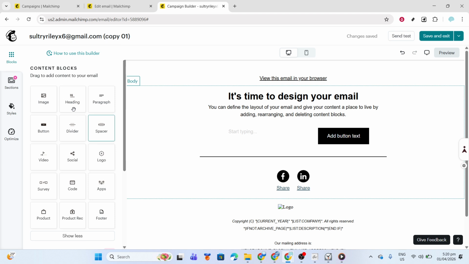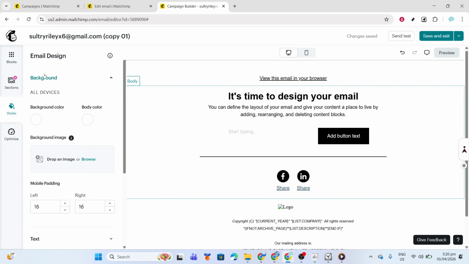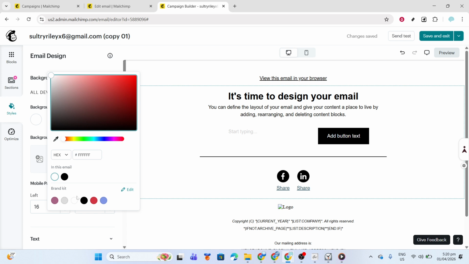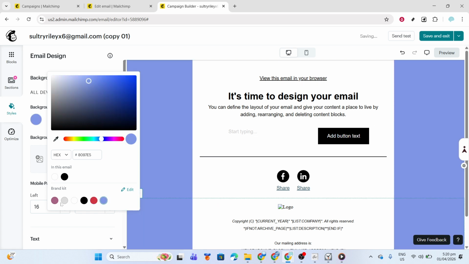Within that panel, locate the Background section. This is the control that sets the color behind your email's content. Click the color selector to open the color picker. You can drag to find a shade you like, or, for precise branding, enter a hex code. If you have a brand style guide, this is where you can paste in your exact color value for a